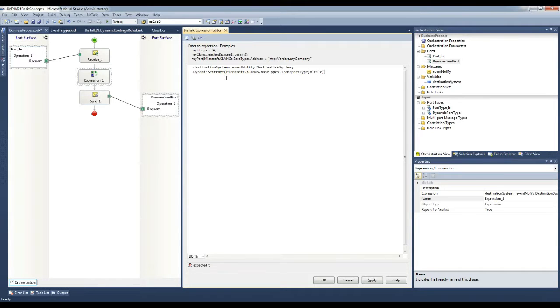It will be file, and address will be the folder directory that we would have to route our message.